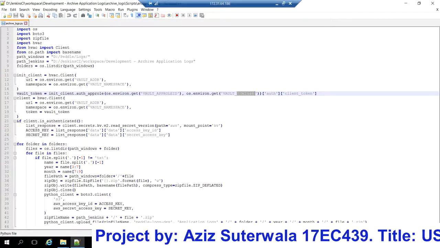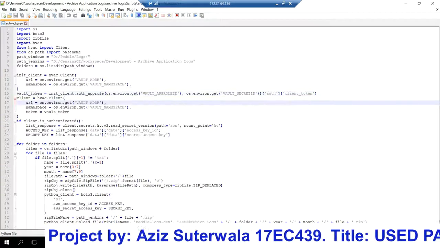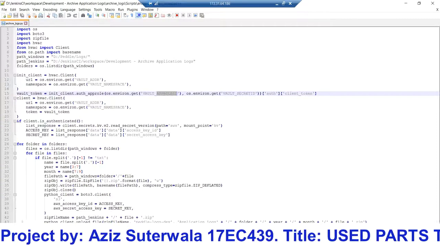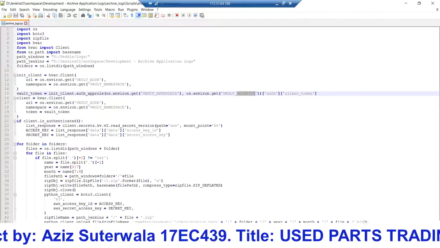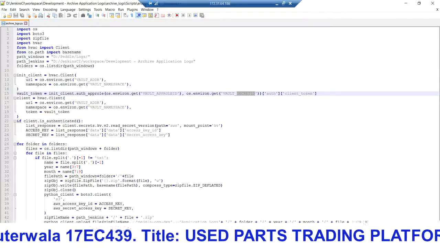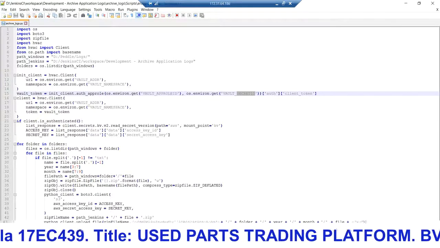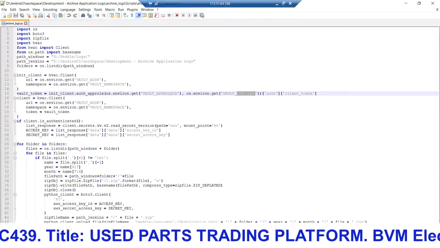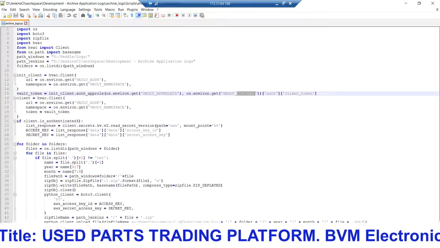So as we log in to the vault, we need these credentials, the App ID and the secret ID, and they are already stored